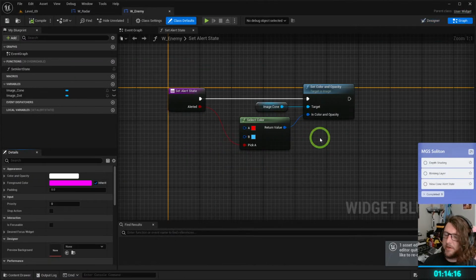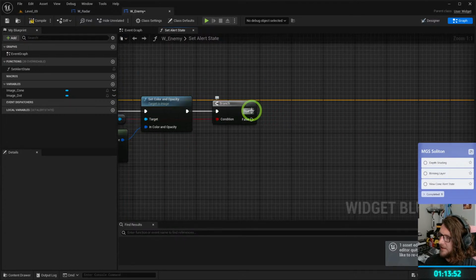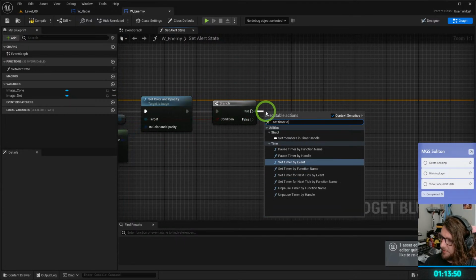When this enemy goes into the alert state, you're going to see that it's red for like a second, and then it's going to change the state of the radar to something where you can't see the radar anymore, which means you can't see the cones. When all of that ends, everyone should be back to blue cones, or yellow cones possibly. But what that basically means for me for now is, I guess if I am alerted, I'm just going to set a timer event